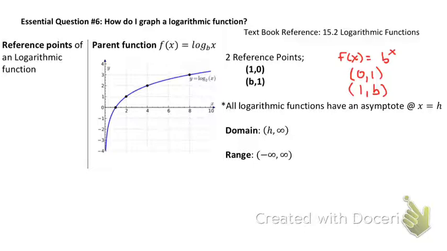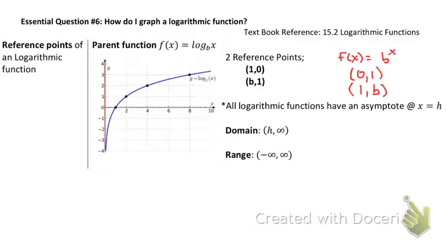All right? Log functions also have an asymptote. So we now have a vertical line that cannot be crossed by our log function. Okay, so you see, here's our log function. It will never cross the vertical line at 0. Okay, this asymptote changes depending on our h value. So whatever our h value is, our asymptote will shift left and right,